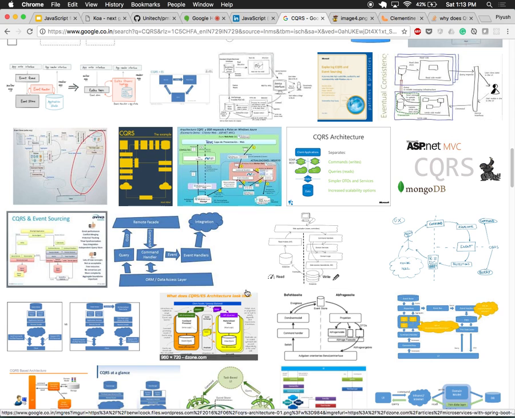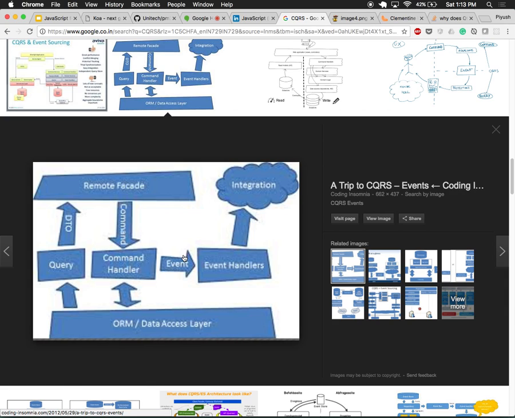Just to, if I could find the event handlers command. Yeah, so okay, this is the one. So from the ORM or maybe data access layer, you query in a different way and you command in a different way. Now you could direct the query and command to the same database or a different database. That depends upon how you model your persistent architecture, depending upon the load and various growth factors.